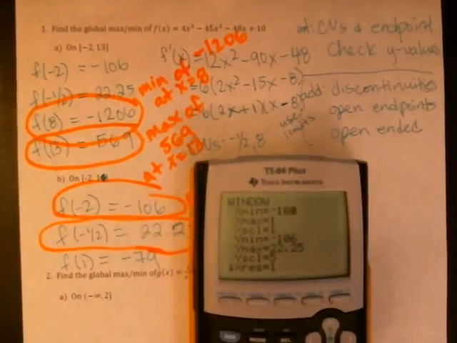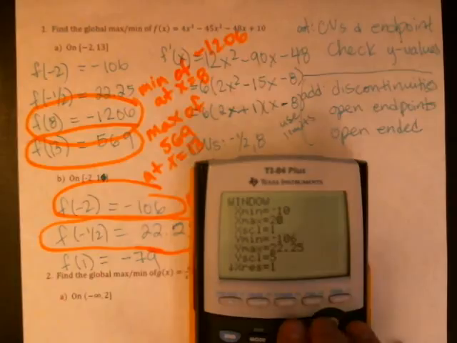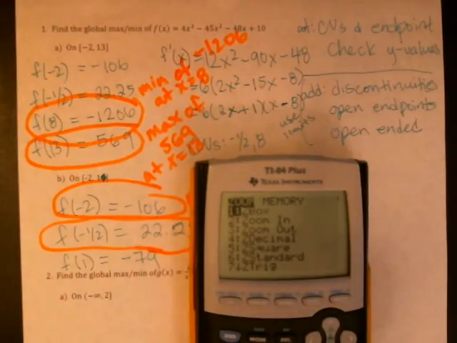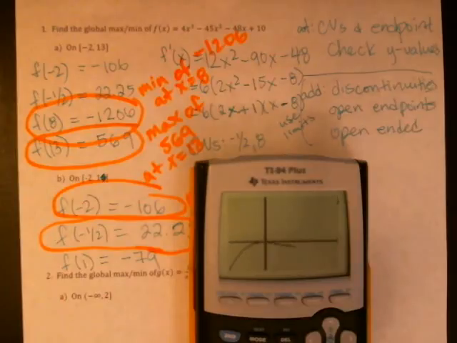Let's go negative 10 to 20 maybe, since we had 13 already. Okay, so it's cubic, there's one critical number, there's the other. That's pretty good. So there's the function. If we didn't have a closed interval, if we did all real numbers, we would get no max and no min. This goes to negative infinity on the left and positive infinity